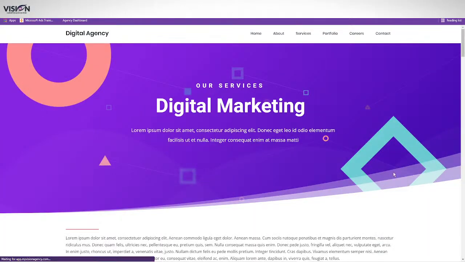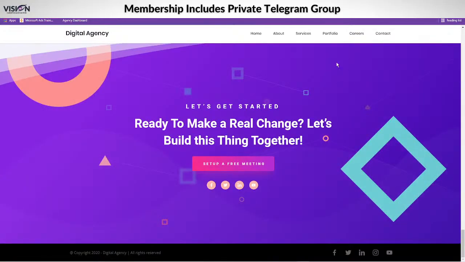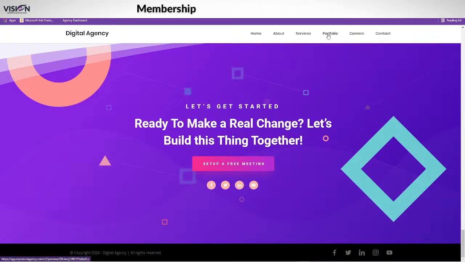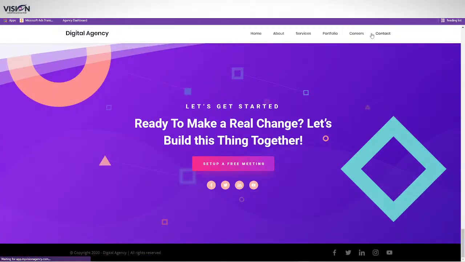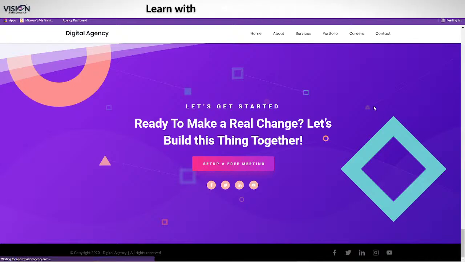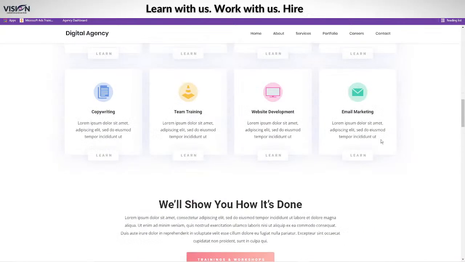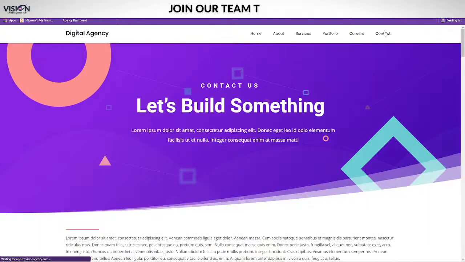It's really colorful. This is actually a website template that I saw on WordPress, so it's very, very similar to WordPress. I'm just going to scroll through here, and you guys have this template inside of your website templates. So we have this option here, join the team, and then of course we have a contact page.